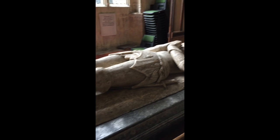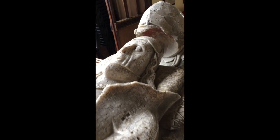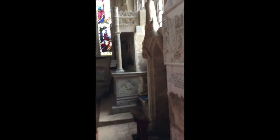As we run up to the great man himself, we can see that he is completely defaced by graffiti. He has a helm as a canopy. We can see some graffiti here, but there is a wreath that runs around his helm. And now we move back down,